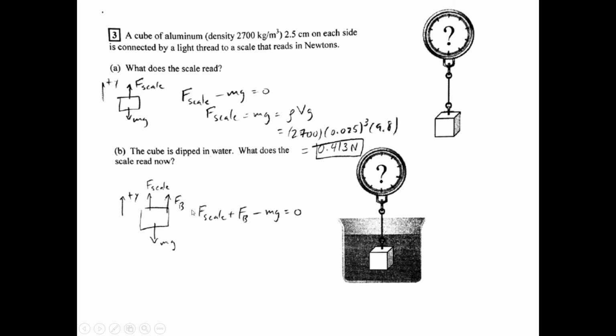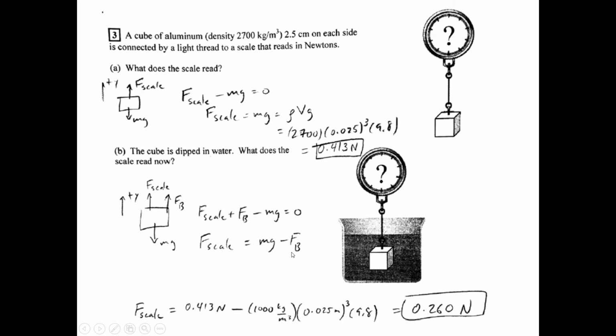Two come in with plus signs, one comes in with a minus sign. And we're going to solve for the scale force. That's all we need to do is calculate the difference between the weight of the cube and the buoyant force. To calculate, well, the weight of the cube we already figured out earlier up here. The weight of the cube was part of what went into the scale force up there, so that's still 0.413 newtons. But now the buoyant force I'm going to calculate by the buoyant force is equal to the weight of